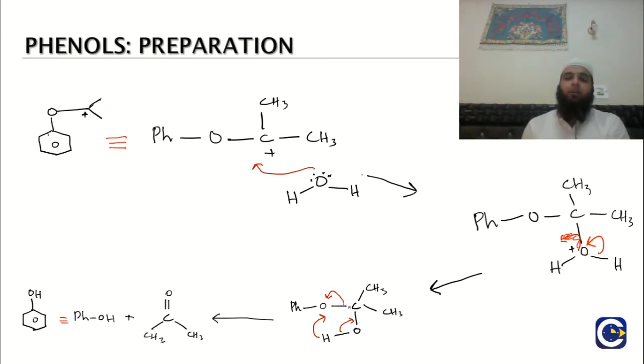And this carbon-oxygen bond breaks, and actually there is a negative charge on the oxygen that we have shown in a single step, and this proton is transferred to this oxygen. As a result, we get phenol. This is phenol, PhOH, which can be represented by this, and this is the ketone that we are getting, that is acetone. This is the acetone. This is a ketone, and this particular ketone is acetone that we are getting in this reaction, and this is the phenol, which is the product of the reaction.